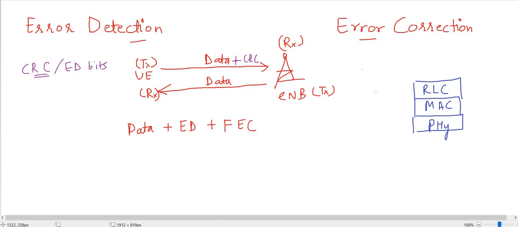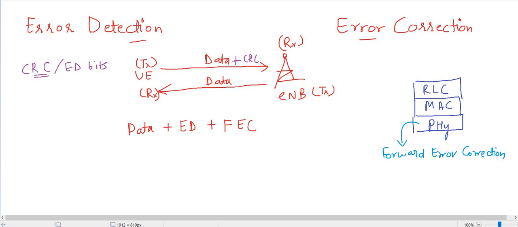So at the physical layer, the method used for error correction is forward error correction. This is the procedure which will occur at the physical layer.